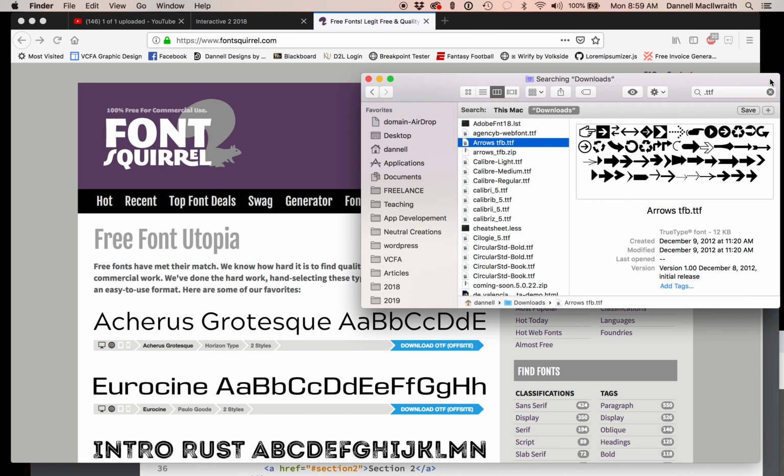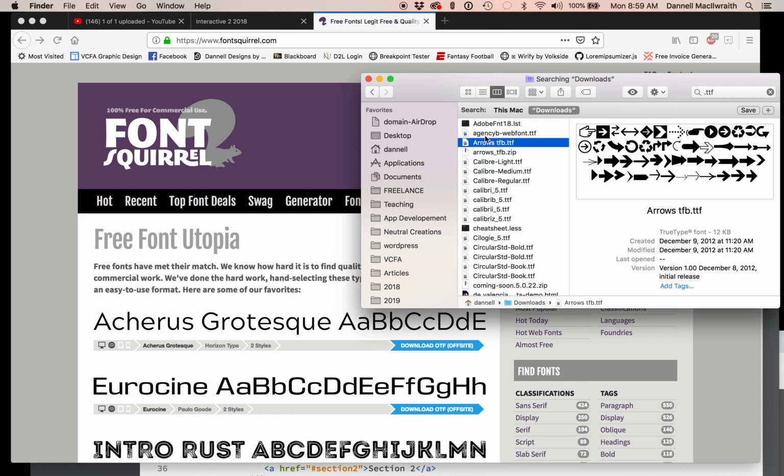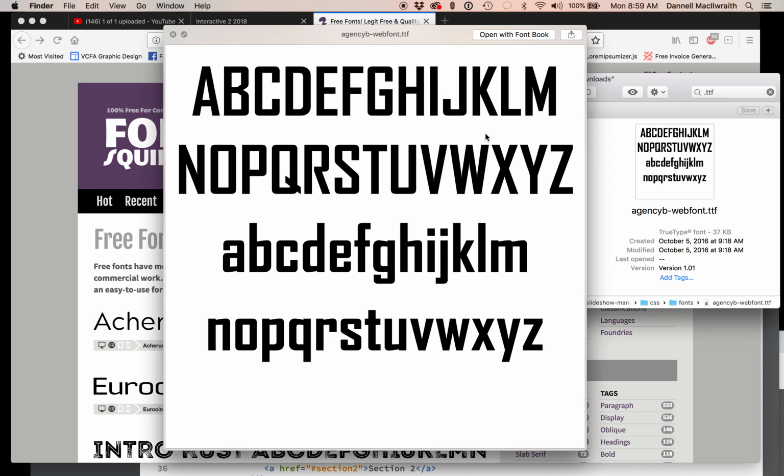Now the first thing you'll have to do is you'll have to have a TTF file. So the TTF file is the true type font. It has to be a TTF. It cannot be an OTF in this example. So pay attention to that as well. So I'm going to upload actually a font of Arrows. It's a Wingding font, just to have some fun. But this will work on any kind of TTF font